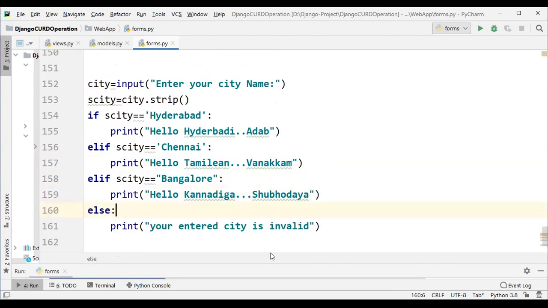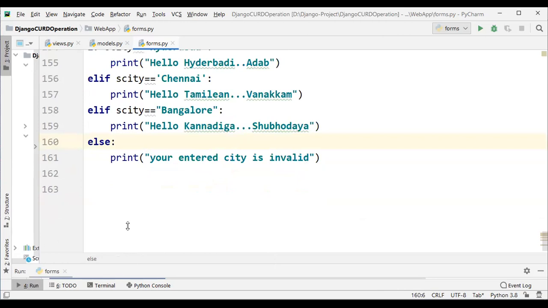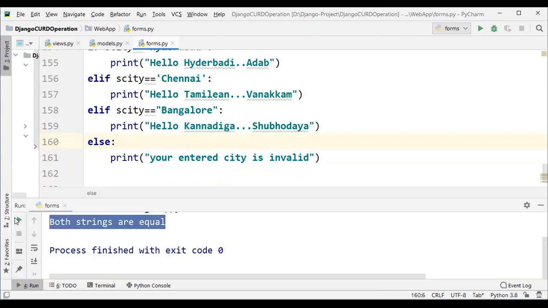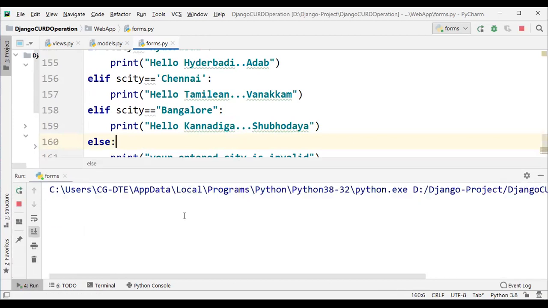Okay, s_city strip. So then run this code. Enter your city name. Singapore. Spaces.